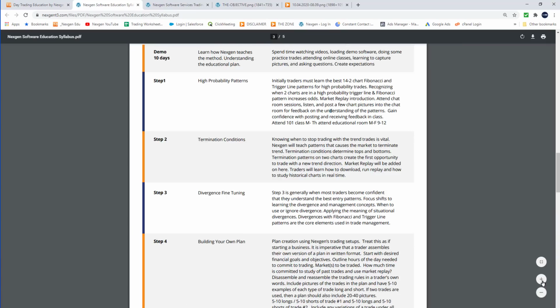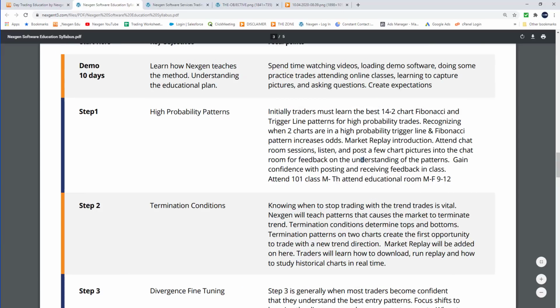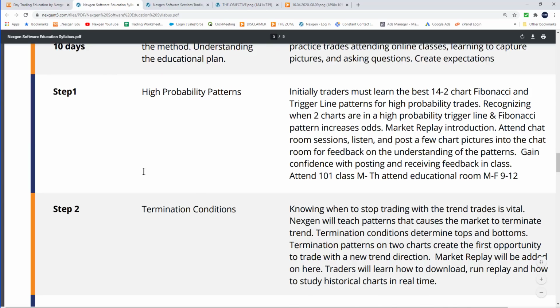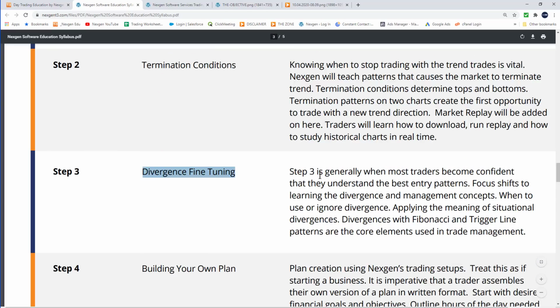Again, step 1, high probability patterns, and step 2, termination conditions. And what you'll find is once you read the fibs and triggers correctly and you know the termination conditions, then your divergences will obviously start to make a lot of sense to you. If the triggers are weak, you're going to use divergence to get out or stop. If the triggers are really strong and there's no chance of it stopping, you're not going to worry about divergence